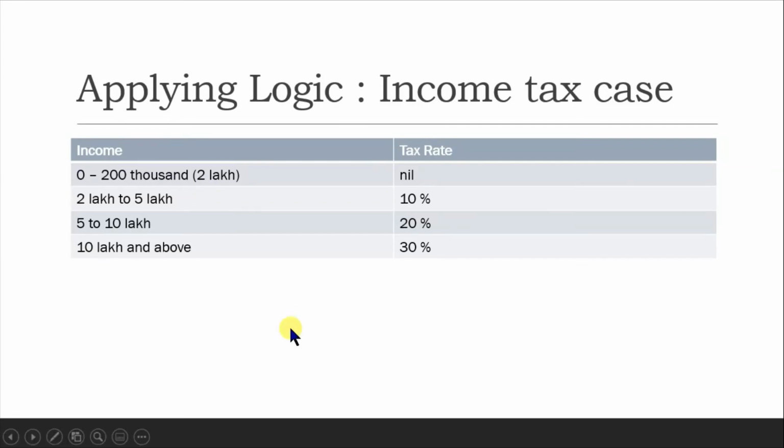Now, you also need to understand that if you are in the 10 lakh slab, you also have to pay a 10% tax. Fine. So we will write a program in the next tutorial or another day. But today, you have to think of the logic. What logic will you apply to solve an income tax problem? You can take your own tax slab based on the situation and try to solve this question.